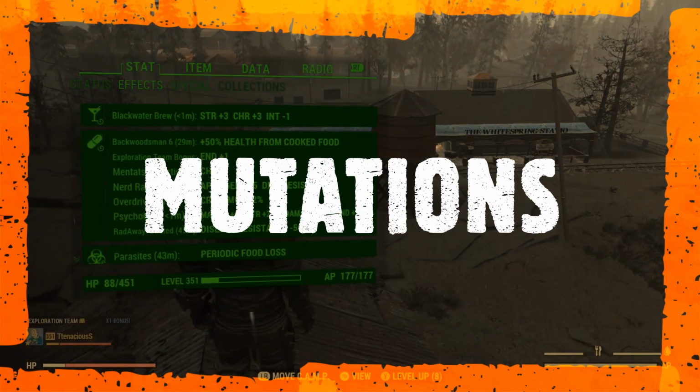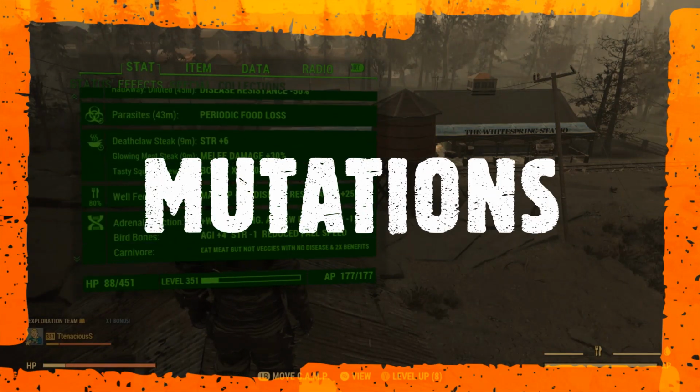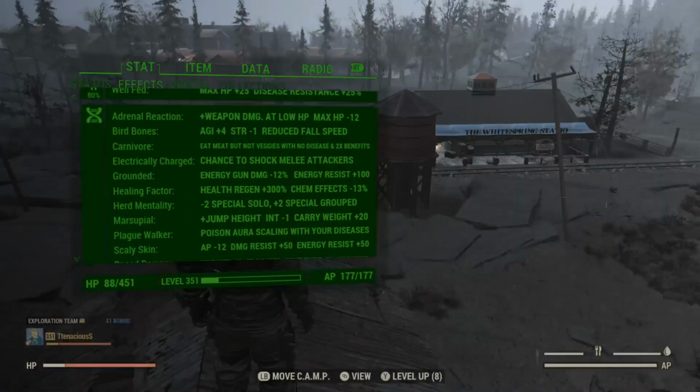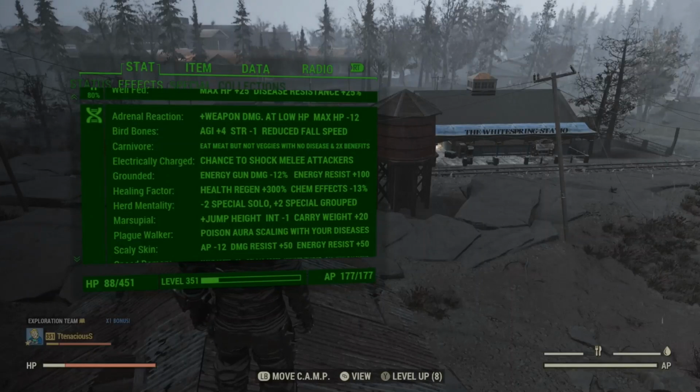So that's the gear and aid. Let's take a look at the mutations. So straight from the top, Adrenal Reaction for damage buff at low health, Third Bones for softer landings and an AP boost, Carnivore because I'm no vegetarian and there's much tankier meat based food, Electrically Charged, not overly important, but